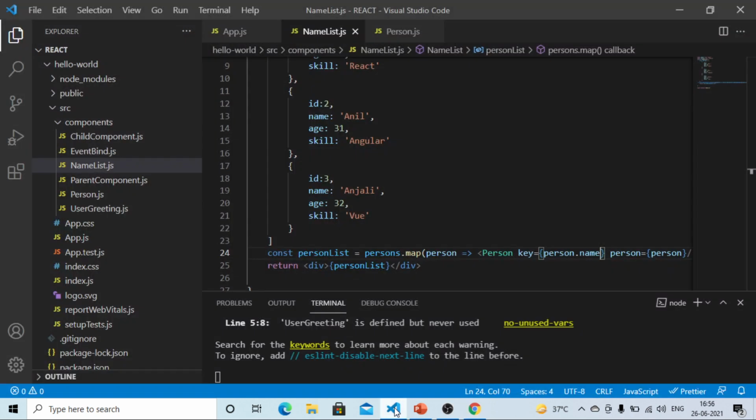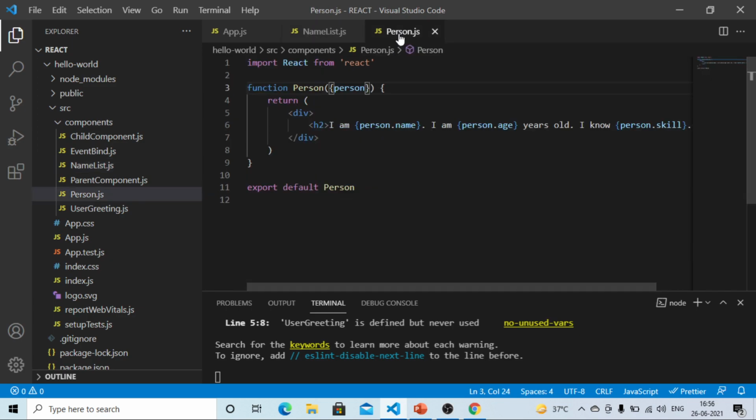Another thing about lists and keys is that if you want to render the value of the key prop in the child component, it cannot be rendered.